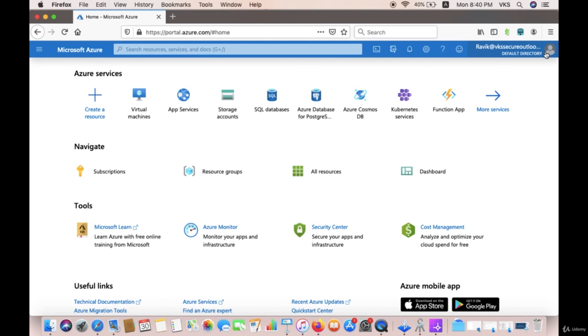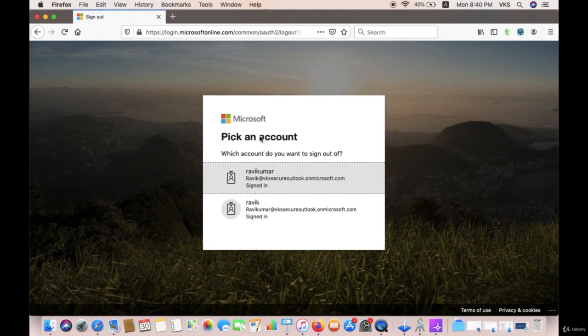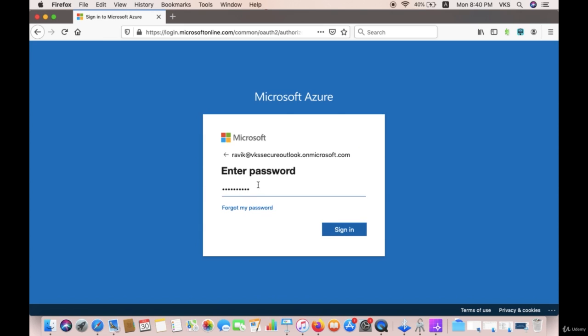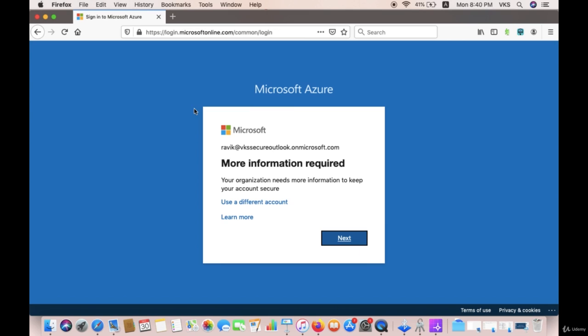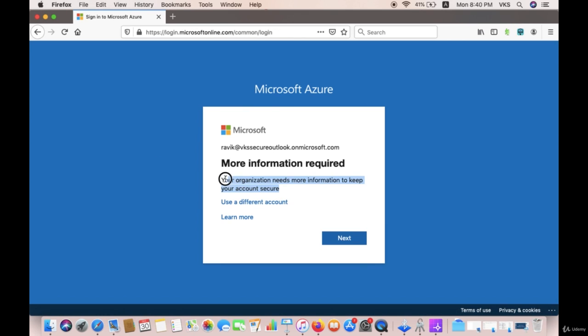Now let's go back and sign out right now and log in again. All right. Now we'll log in with Ravi K again and we'll enter the password. Let's see if it is asking. We'll enter the new password which we entered. Don't update. See, now we applied the conditional access policy and it is giving us this particular warning,